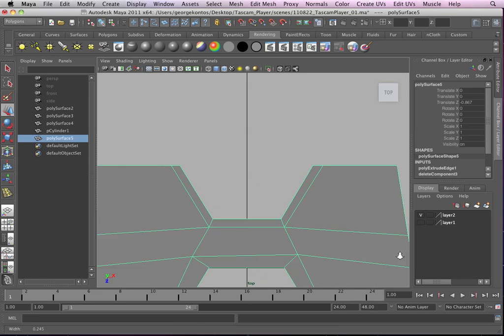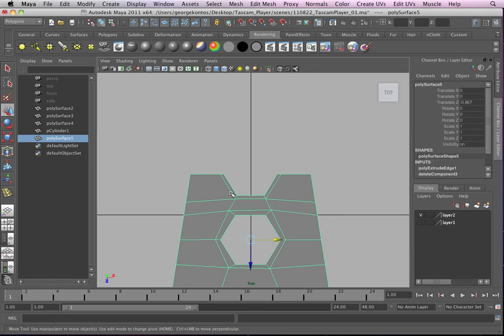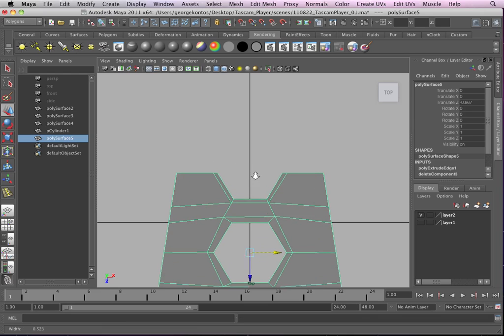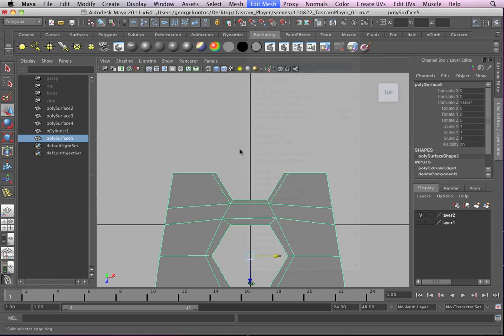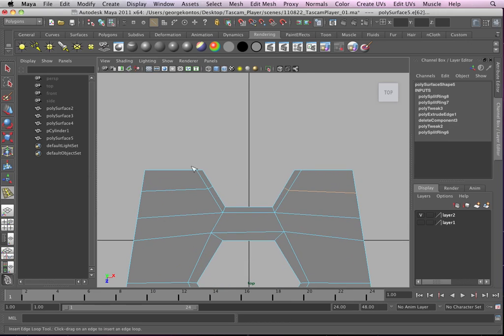Actually, this doesn't look as good. I changed my mind. I think that it looks really weak. I can increase the resolution. So I'm going to go insert edge loop. I'm going to insert one over here and one over here. So I'd like to follow